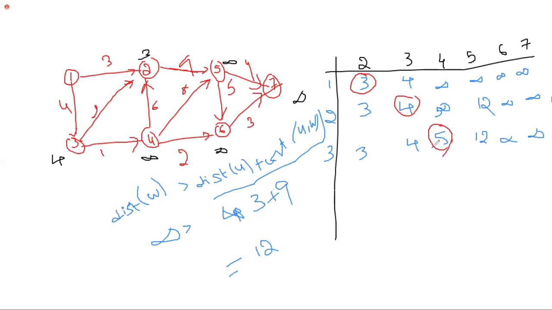So next I am updating the minimum cost in this row, which is 5, as the next known vertex, that is vertex number 4. This is 3, this is 4, this is 5. Via the vertex 4, is there any chance to reduce? 4 plus 1, 5, 5 plus 8, which is 13. So 12 is the minimum one. 1 to 6, is there any possibility via 4? Yes, it is possible. 4 plus 1 is 5, plus 2, 7. Next, 1 to 7, is there any possibility? No, not possible. Among this, which one will you make as known? 6. Vertex number 6, we will make it as known vertex.